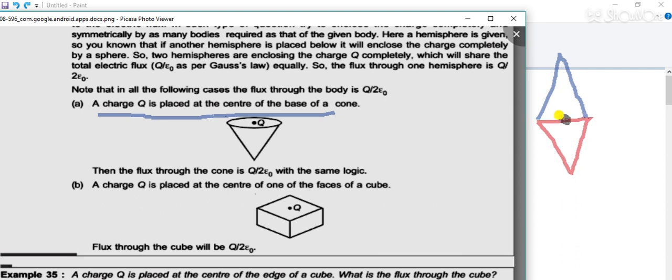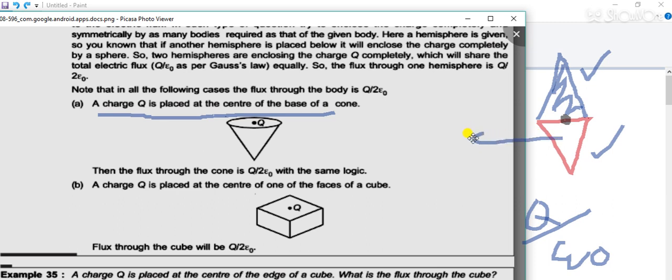So now the total surface, it is the enclosed surface, and from the enclosed surface total flux will be q by epsilon naught, if the enclosed charge is capital Q. Then again the total flux is divided into two components, one for the upward cone, one for the downward cone. So if I remove one cone, then I will get the flux through this cone, and this flux is half of the total flux, so it is again q by 2 epsilon naught. I hope the question is clear.